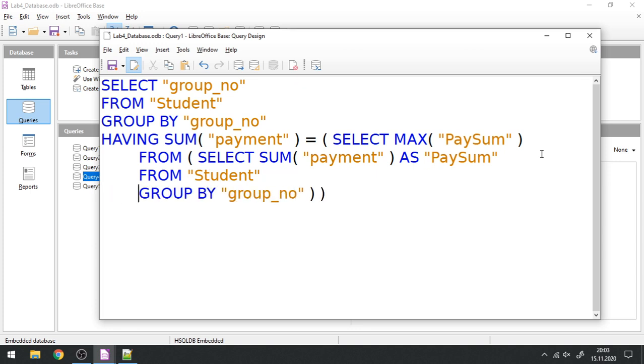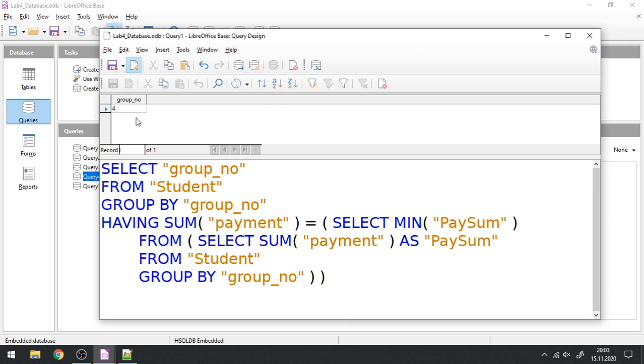Instead of finding the maximum one, this time I'm interested in the minimum of the sum. If I run it now, I see that group number 4 gets the lowest sum of payments. And this returns one group number, right? And if I were to update the students inside this group,